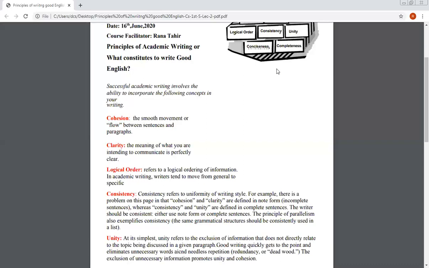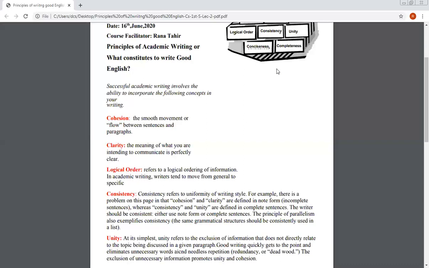If you have decided to write something in the form of notes, then every word you are inking must be written in note form, and it will be called a consistent form, a consistent style. Or if you have decided to write about something in the style of sentences, then they shall all be written in the form of sentences. This is one way.